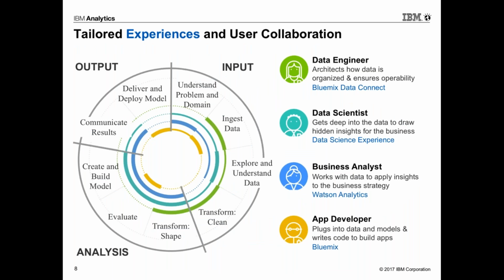It is tailored to the experience and user collaboration. The three key aspects are input, output, and analysis. So it starts with input when you understand the problem and the domain of the data, and then you ingest that particular data. We explore and understand the data and transform and cleanse it. So let's say there is a header and there are some decimal values. You might want a precise input. You want to put in a precise input in a particular file format or a number format or a data type. So those things we can achieve using the input